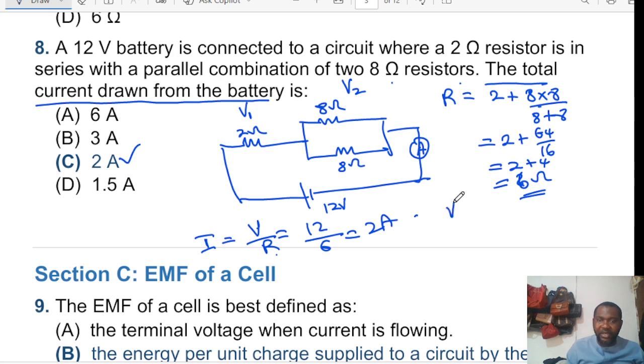I gave you a formula. V1 is equal to IR1, so the current is 2, and R1 here is 2 ohms, that makes it 4 volts. Now the